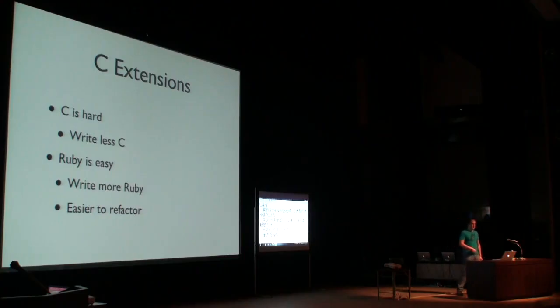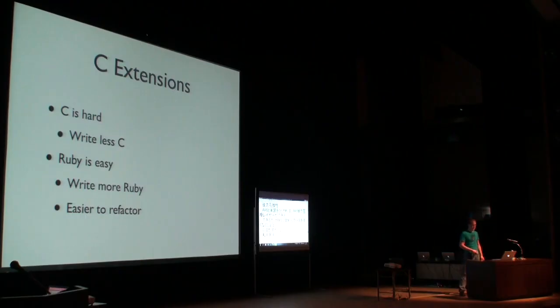I'm not very good at C. I'm probably only okay, and I think that most Rubyists don't know any C at all. So when I try to write C extensions, I make them use as little C as possible. I implement as much of my extension in Ruby and use Ruby as glue between all the pieces in the C extension. Since more Rubyists know Ruby than know C, this is a much better way to provide maintainability and allow other people to fix bugs in my libraries. It's also easier for me to refactor the Ruby parts than the C parts,